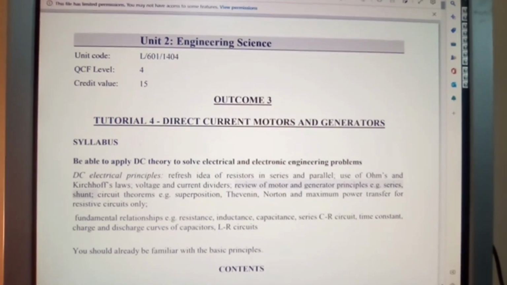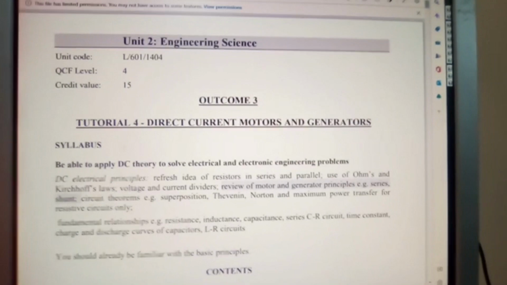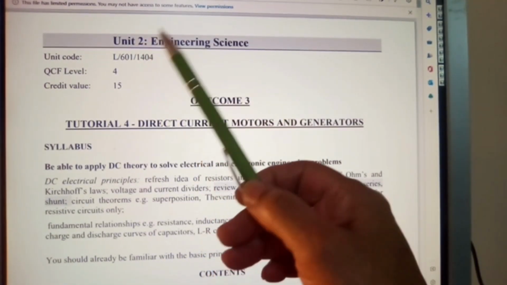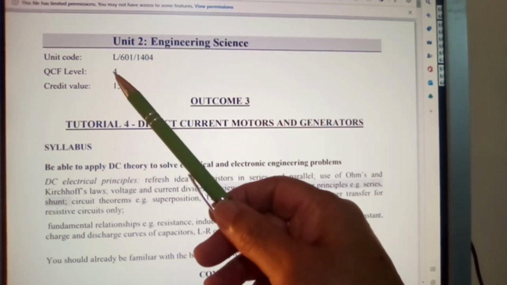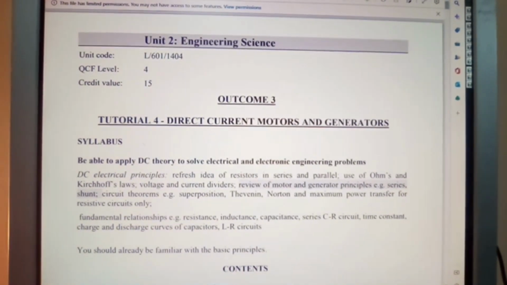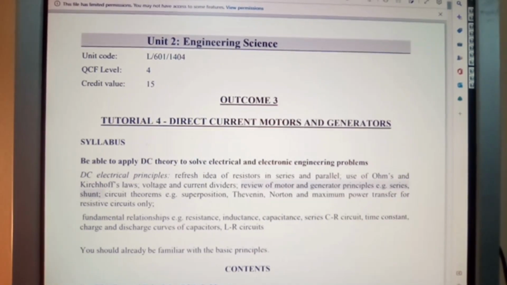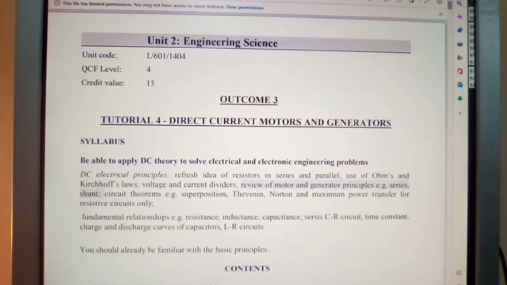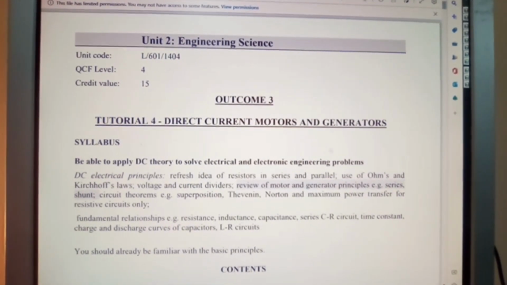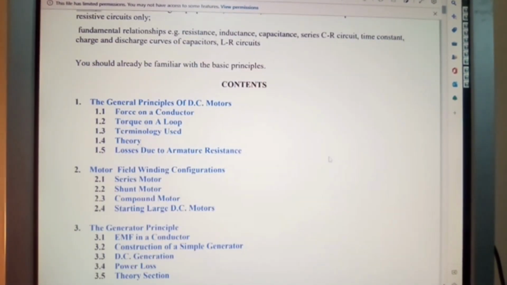What I want to do is to continue with engineering science, okay? And we're looking at unit 2, level 4, which means that you'll be doing HNC or ONC or the T level. Now all I'm doing here is going to recap, and I'm not going to take too long on this. You've got this already in